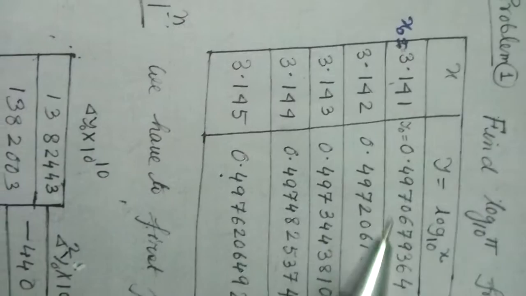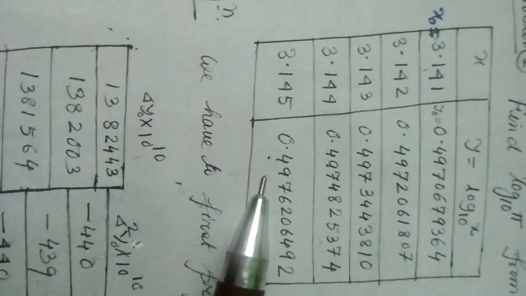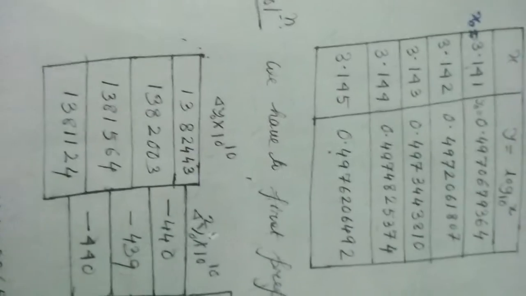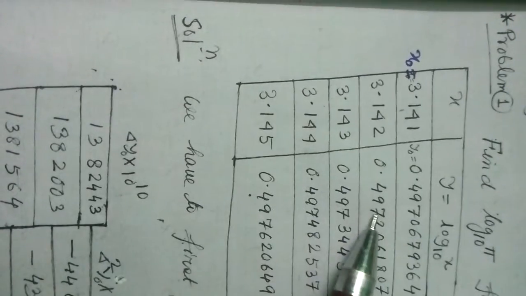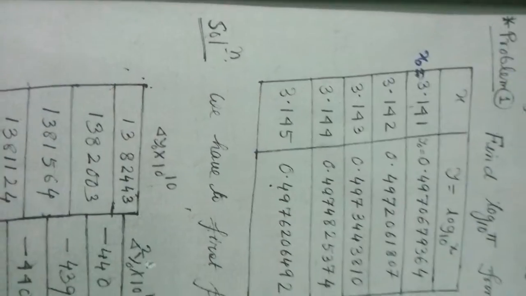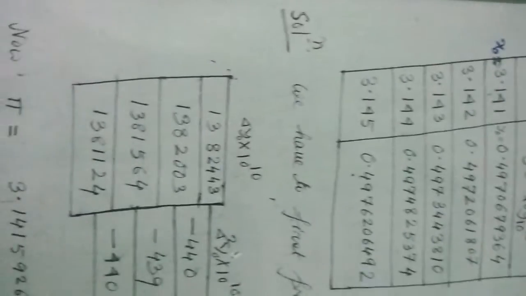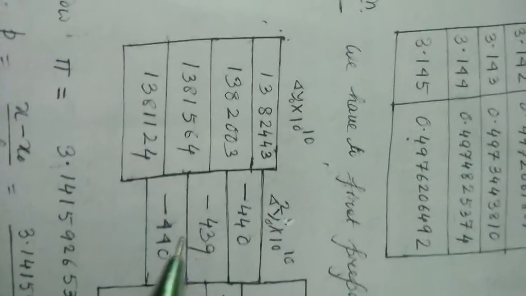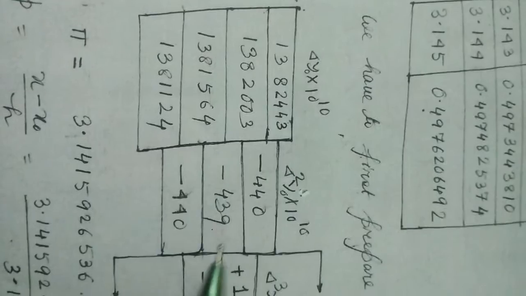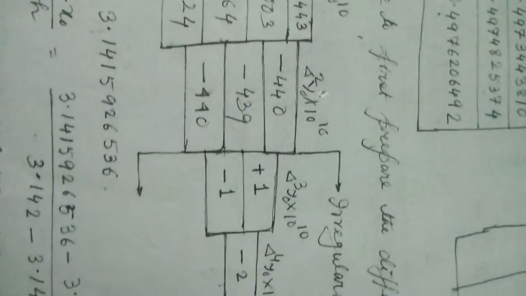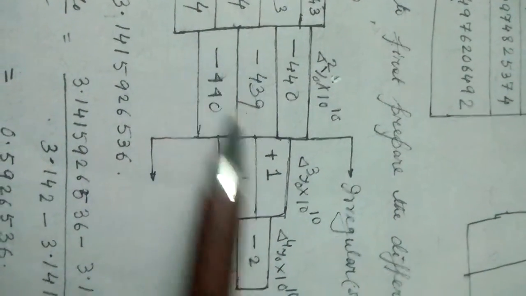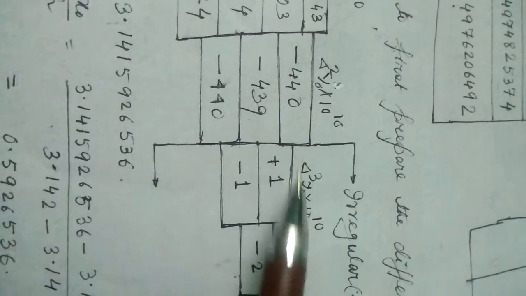This is the y naught, and this is x. Delta y naught means this minus this. You can find this difference table; you know how to prepare it. So this is this. Now the next one is this, and the next one is this. Now when these are all negative, here there is a change in sign, so you don't take this one.